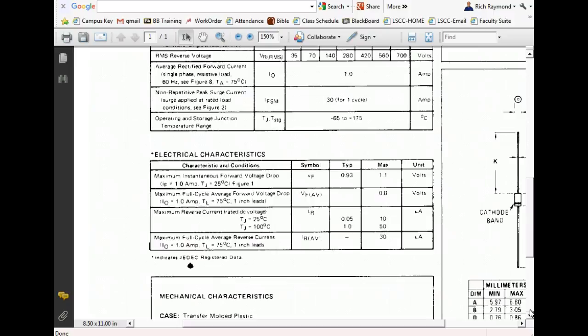And then the average would be what? Yeah, around 30 microamps. So that would be the leakage current. And that'd be about all that we needed. And like I said, you can see the